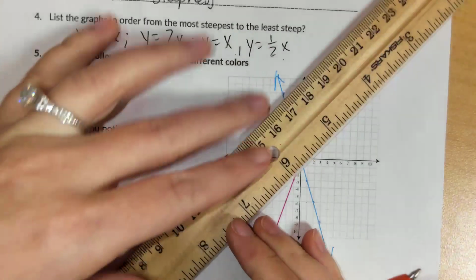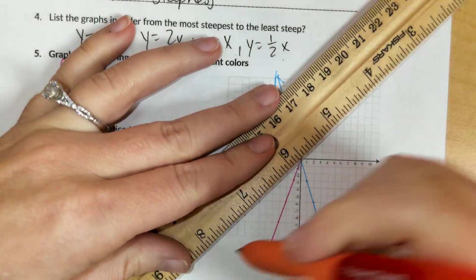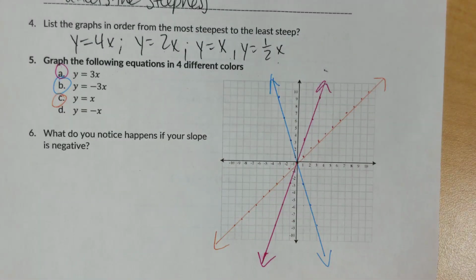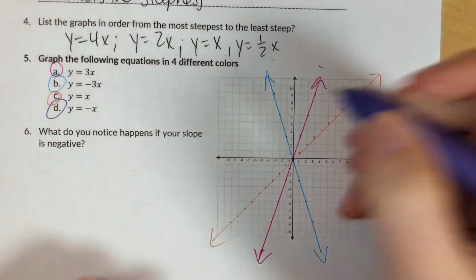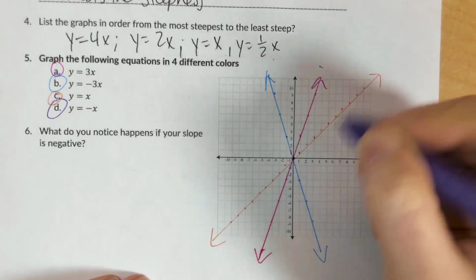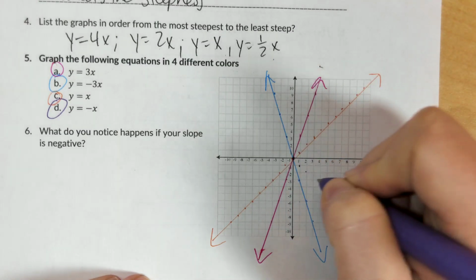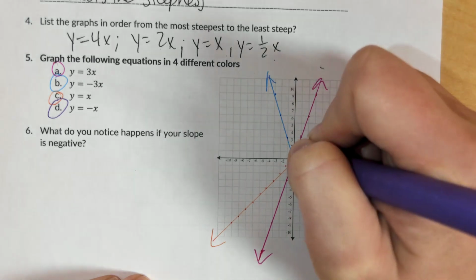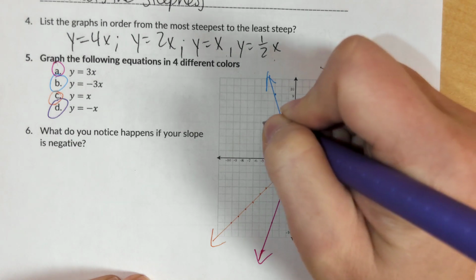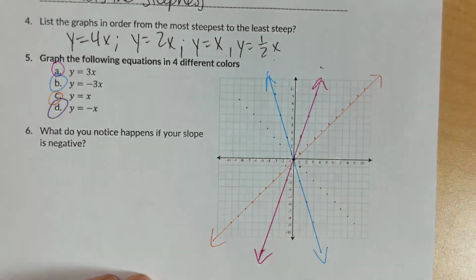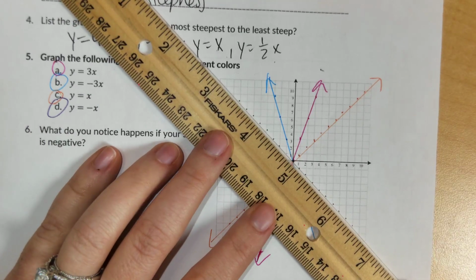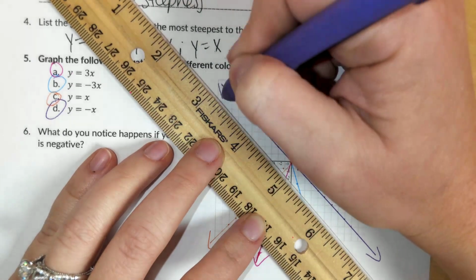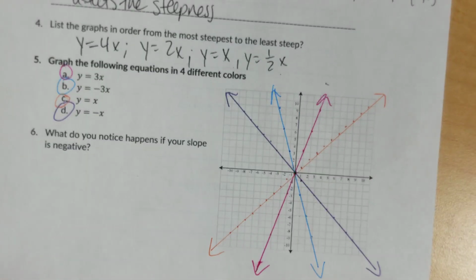And I'm going to connect those points as well. And then finally, the purple is the last one where we're going to be doing -x. So again, it has an origin here, but then we're going in a different direction with our slope. We're going to be going in a negative direction. Okay. So this is kind of an exploration of transformations before we get into the nitty-gritty of what it really